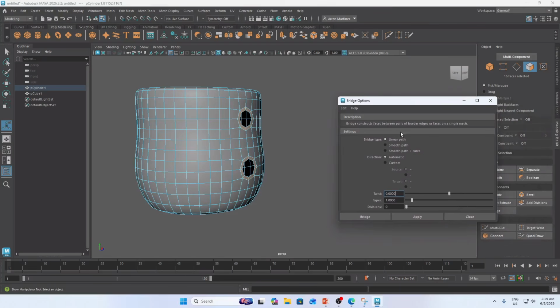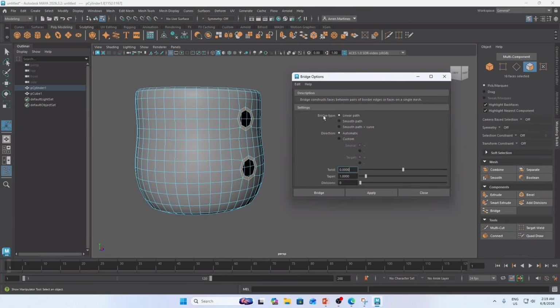By default the bridge type is set to linear path. You need to change it into smooth path plus curve, and the direction will be custom. For the divisions, let's say I want to add 14 divisions and click apply.